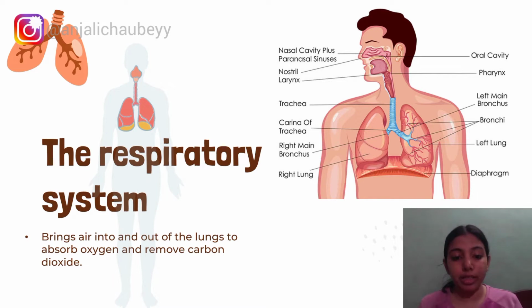So when air enters the lungs, the oxygen gets absorbed into the blood and this oxygen, via the blood, is carried to the heart. And from the heart, the blood is pumped throughout the body to the cells of the tissues and organs. As the cells use this oxygen, they make carbon dioxide which is released into the blood. This blood is carried to the lungs and the carbon dioxide is exhaled out of the lungs. The picture on the right depicts the respiratory system and the various organs involved in it.